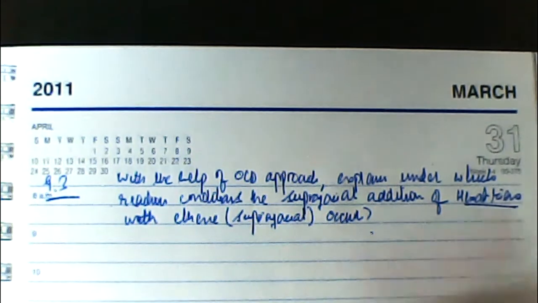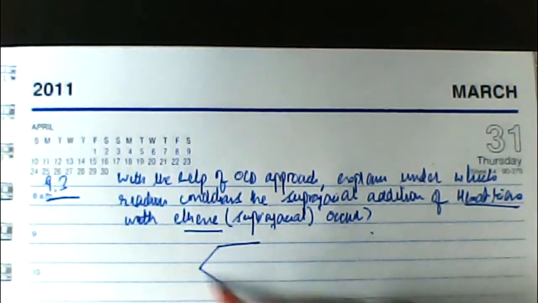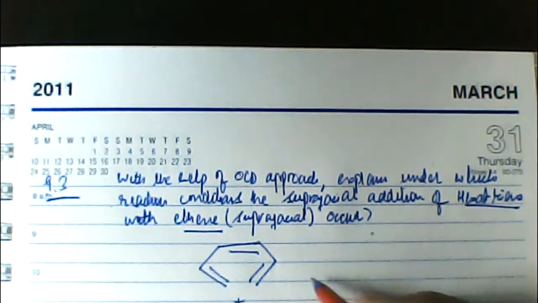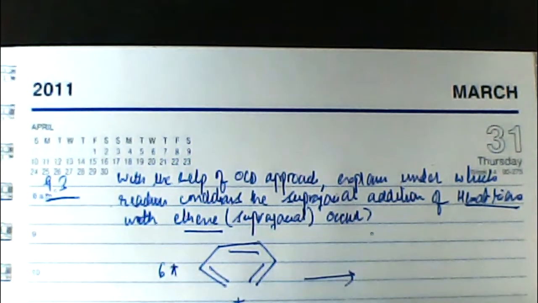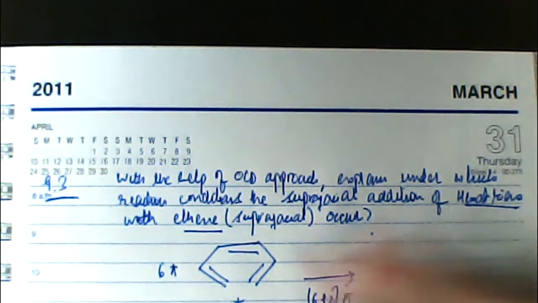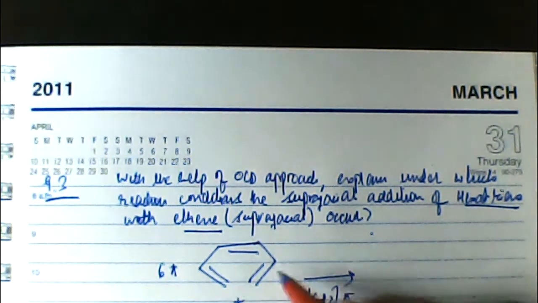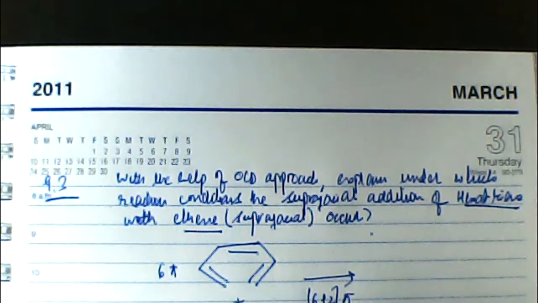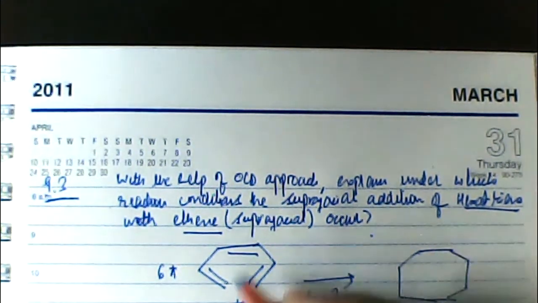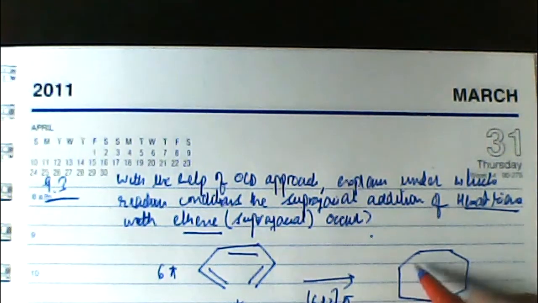Of course I know hexatriene is a 6 electron system, ethene is a 2 electron system. Since this is 6 pi electrons and this is 2 pi electrons, I am considering a 6 plus 2 pi cycloaddition reaction. Since 6 carbon atoms are the ones on which these 3 pi bonds are delocalized, and 2 atoms are the ones on which these 2 pi electrons are localized, the total cyclic system that will be made is 6 carbon atoms of this system plus 2 of this, that means an 8-membered ring. So how do we draw those 8-membered rings? With the help of arrows. You remember how we use these arrows. I'll end up in the formation of this